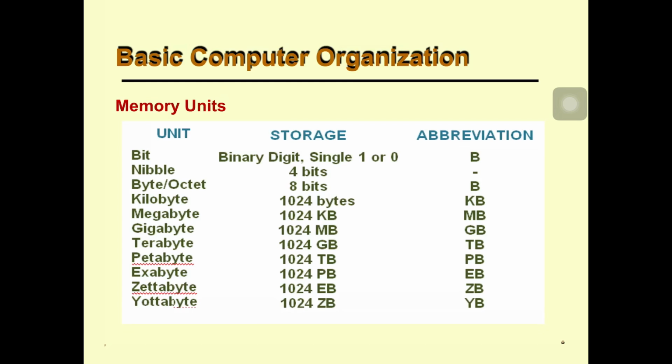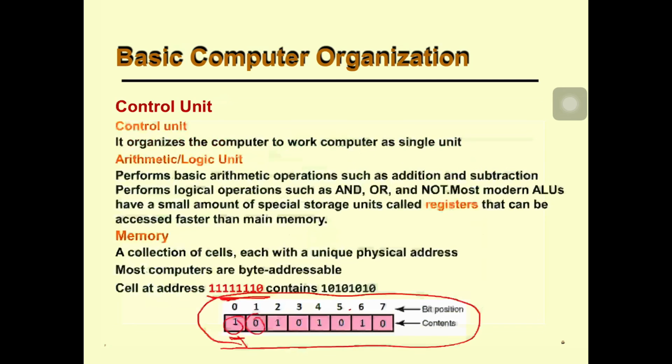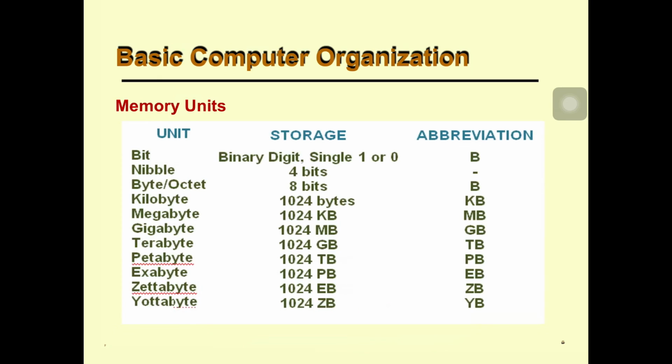Now, basic computer memory units. I have already told you that the data is stored in the form of signals or bits. So the data is stored in a computer-understandable format, which is in the form of bits or bytes. The smallest unit in which the data is stored is known as a bit. There are several other units through which we can store the data, according to our requirements.